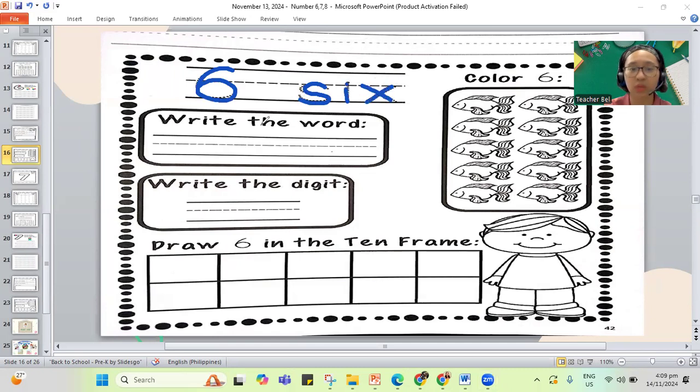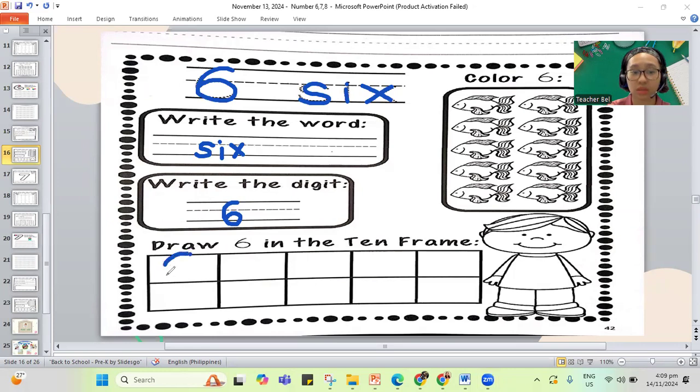S-I-X, that's our word 6. It says to write the word. Let's spell it out. Remember, the letters in 6 are all alligator letters. Put them all under the dotted line. S-I-X. This is how you write 6. Write the digit, that's the number. You go around, make a loop, go in, that's number 6. Let's draw all the 6 in the 10 frame.